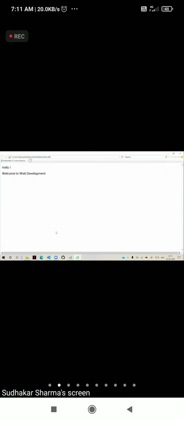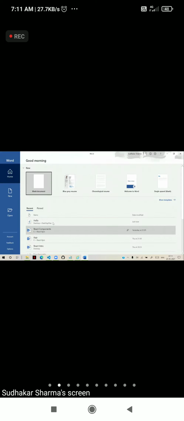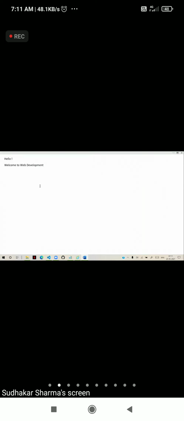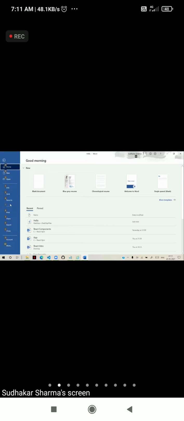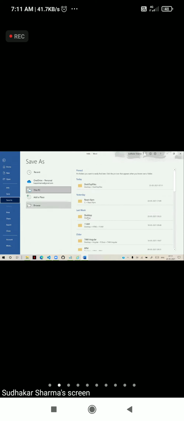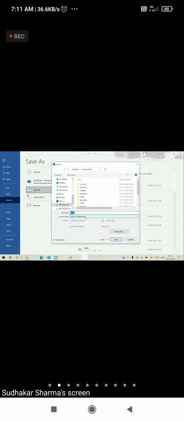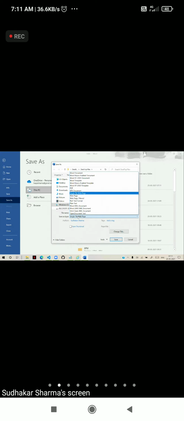You can do one more thing here. When you open this and want to save it, you select save as. Now I am saving on the desktop files, and here I can select web page. There is an option called web page, single file web page, and web page.